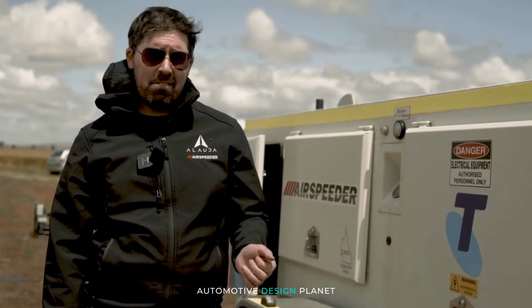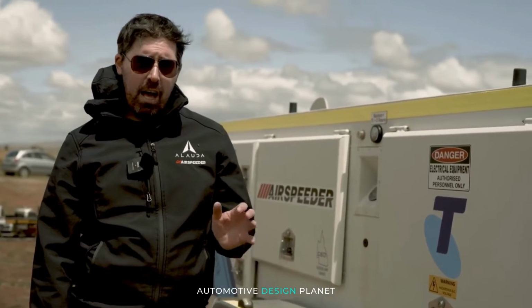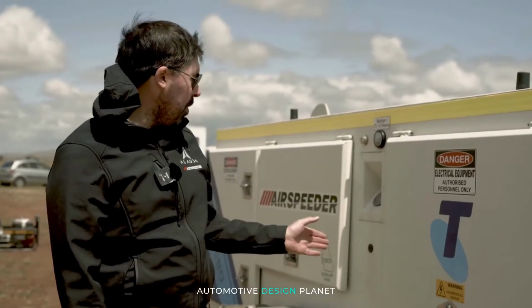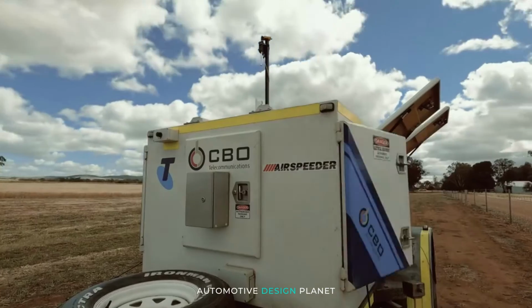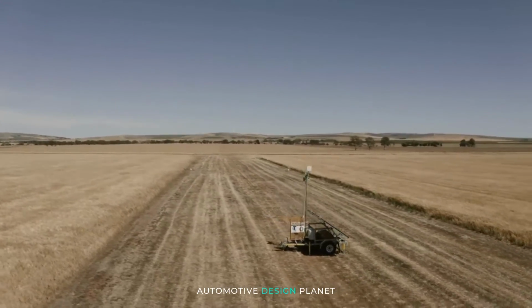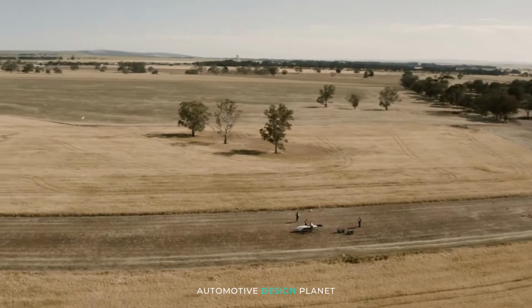So we did a ground test of our first Mark III racing vehicle in the field with the network set up. You can see behind me one of the trailers. We've got two of these out here. This is the main trailer, and we've got a remote trailer, and they've basically set up a communications network across the